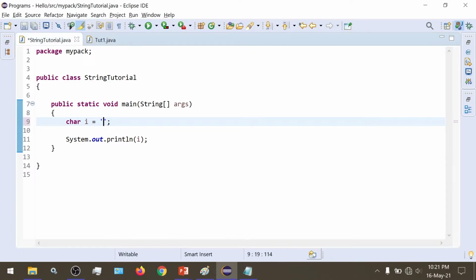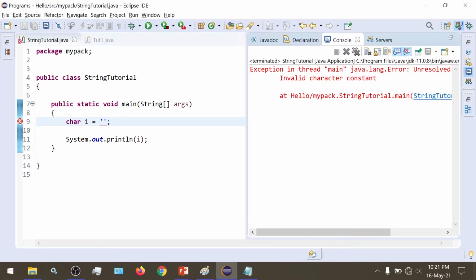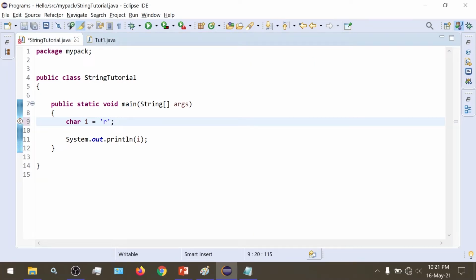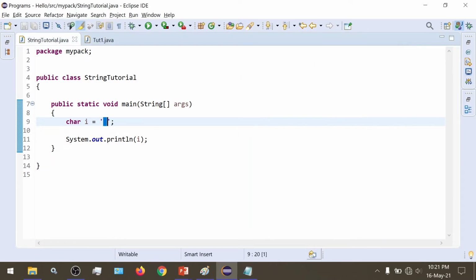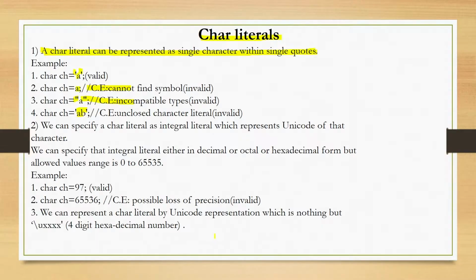Similarly, if we don't specify any character, then too we would get an error. So here a value must compulsorily be specified within the single quotes. And if we try to give a space, then even the space is acceptable. Here we can see an empty space is printed, and we can try and select it. So space is also accepted as a character value. So we saw all of these.